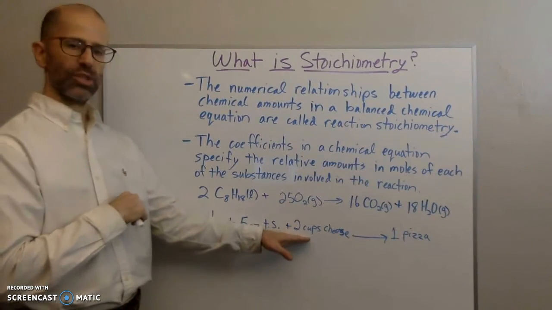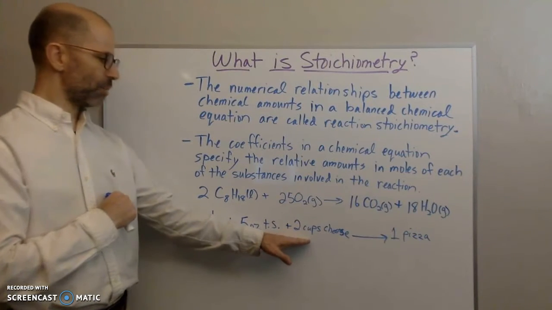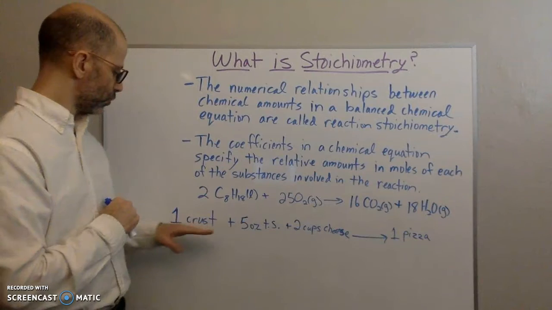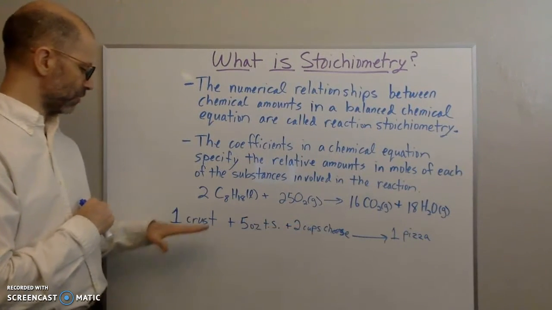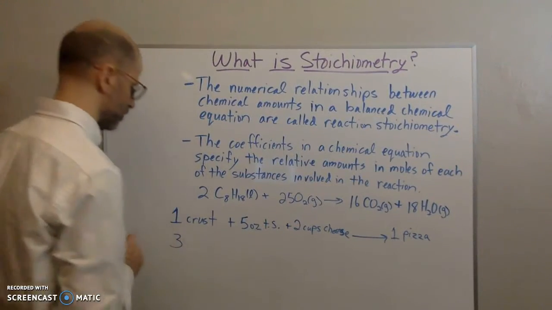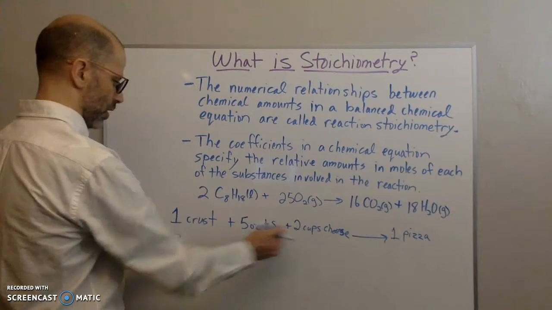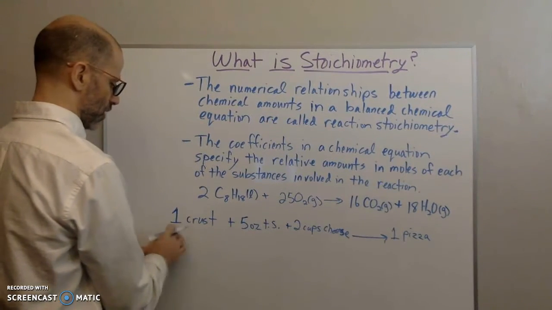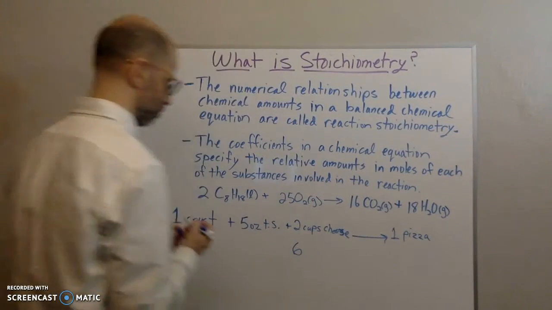how many cups of cheese do I need? Well, I need 2 cups for every pizza. So if I have 1 crust, if the ratio is 1 crust and 2 cups of cheese, then if I have 3 crusts, right? If I have 3 crusts, then to keep the ratio of 1 to 2, then I need 6, right? So because 3 to 6 is the same as 1 to 2, so I need 6 cups